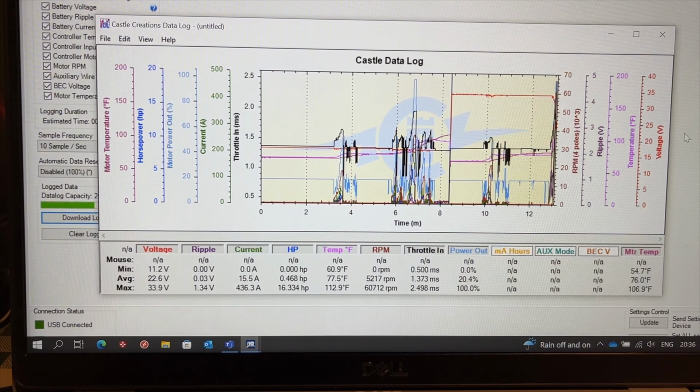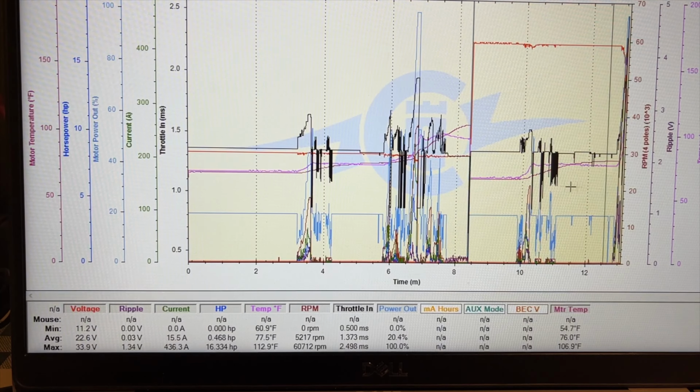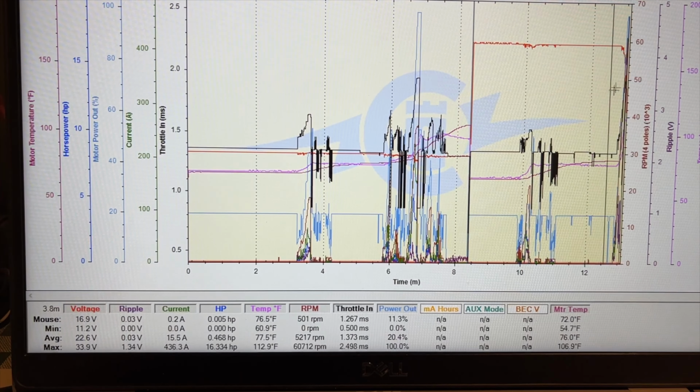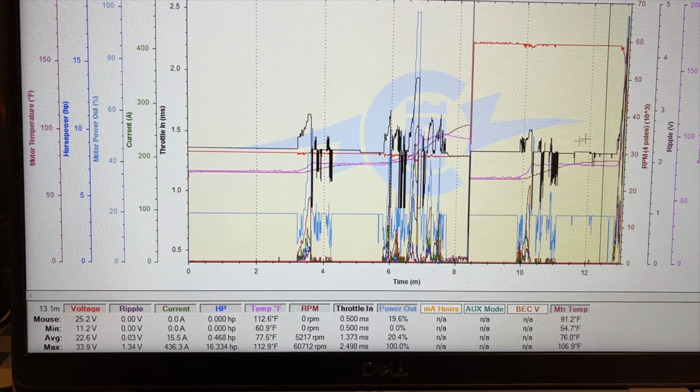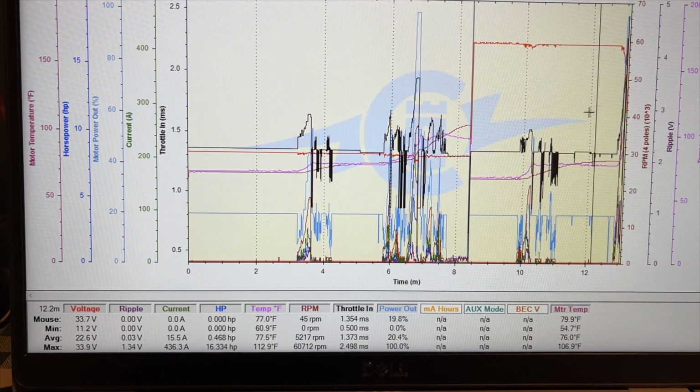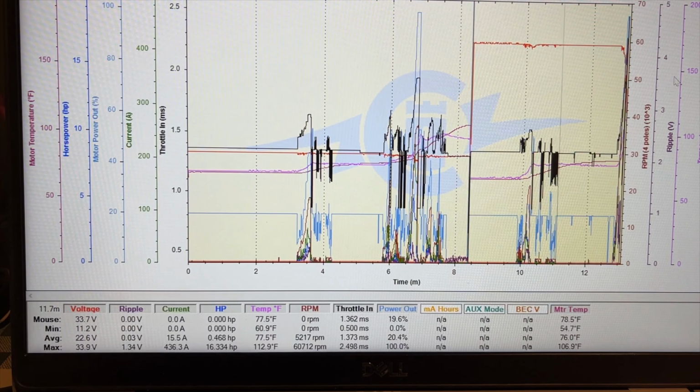Right, okay. So in the run, I had done a wee test run. So this is obviously the run where the battery then died. Minimum 11.2 down here. Forget about that. That's obviously where the power has just been cut here. So it is. So we'll go